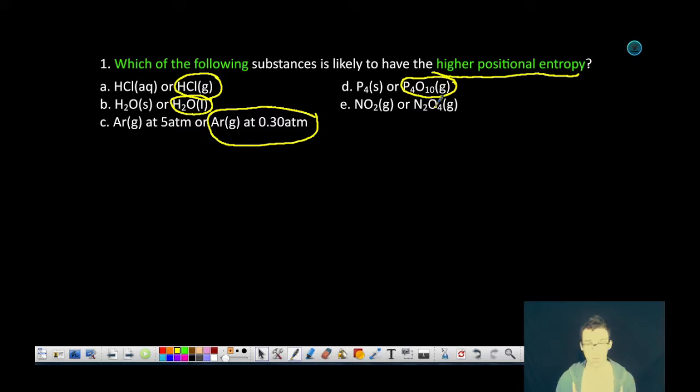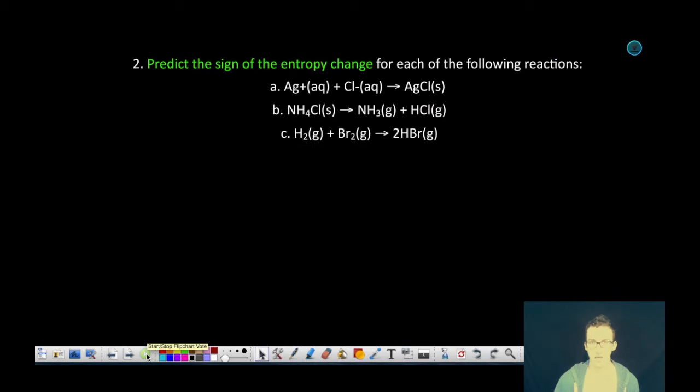So both are pretty disordered states. How are we going to choose here? It comes down to the complexity of the molecule. The N2O4 is more complex. There are more electrons there, which will therefore allow for a greater amount of entropy or disorder as opposed to the NO2. You'll also have to apply this idea of entropy to changes